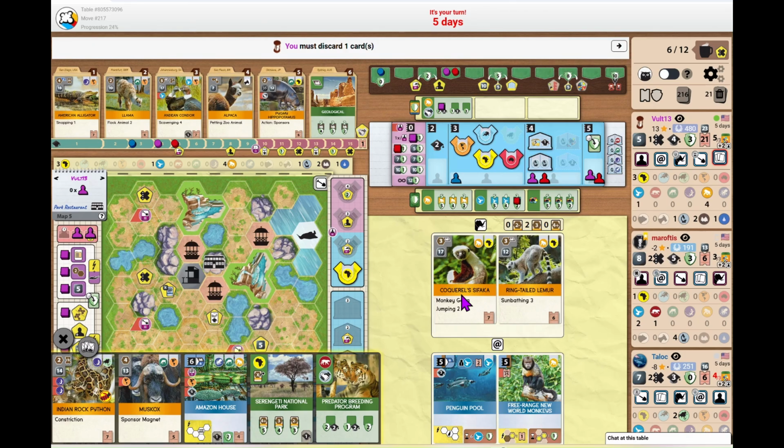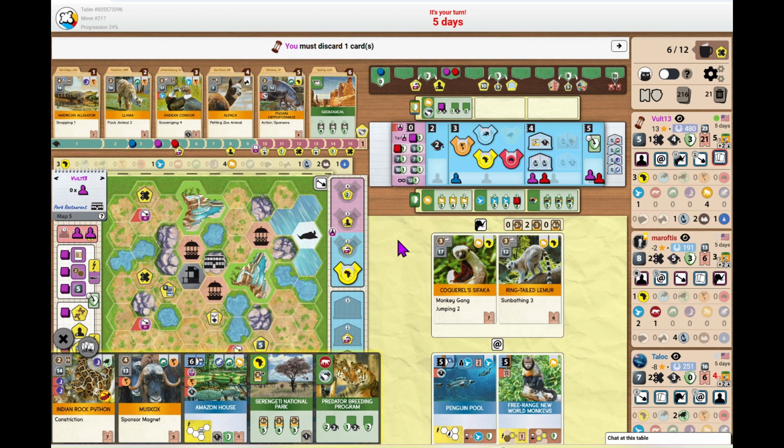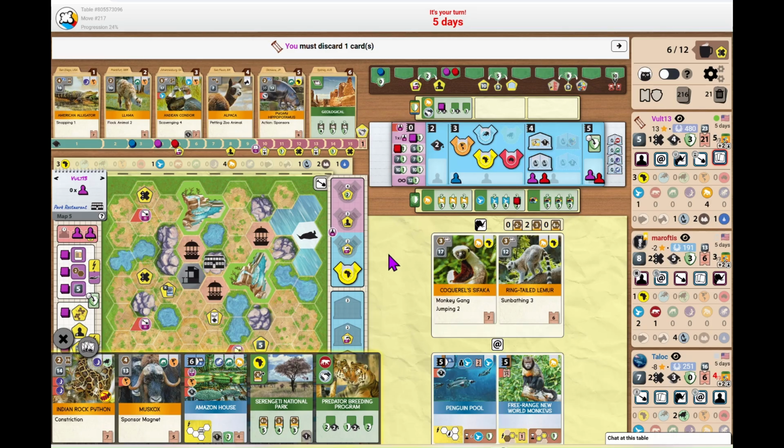I think the muskox is the one that is going to have to fold at this point. I mean, not a lot of it looks good, but there's at least this thing here that I could play something. I could play this constriction with it. If only this thing worked on not animals, but